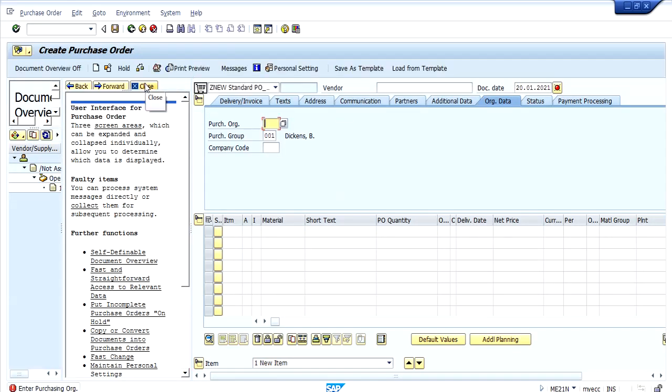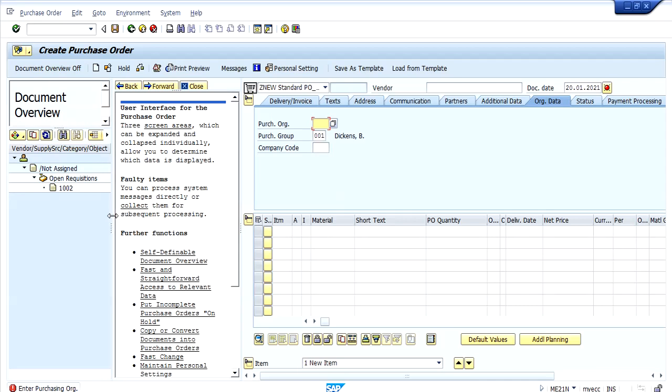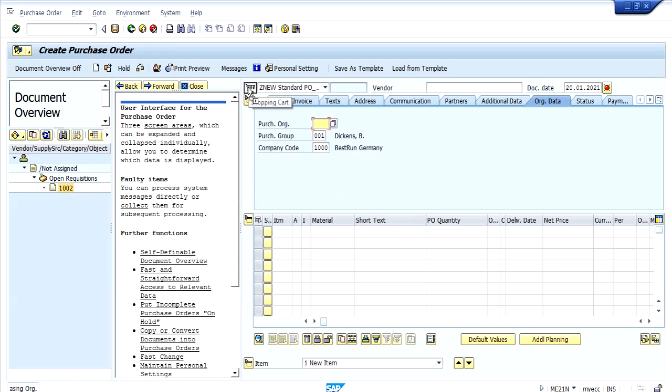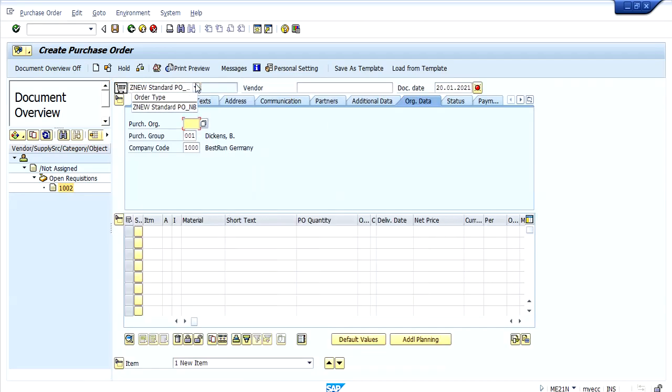See, here the system automatically has taken the ZNEW document type, which is the document type that has been configured for the purchase requisition document type ZNEW. So upon creation of this purchase document, a purchase order will get created.